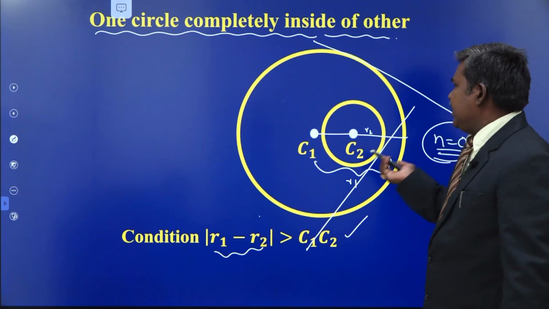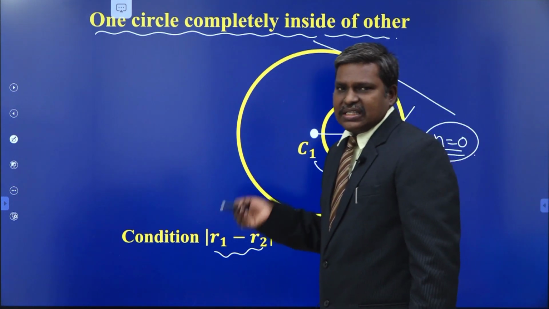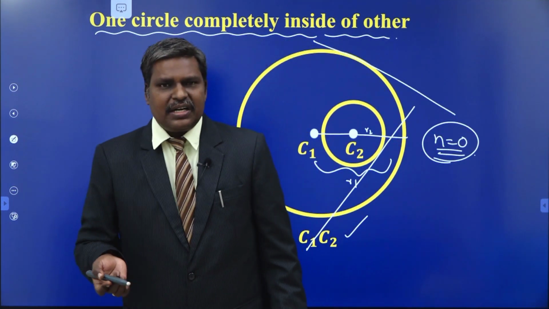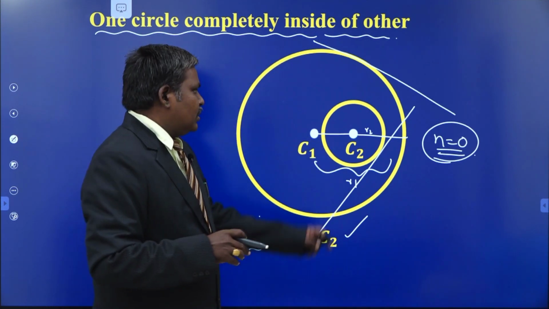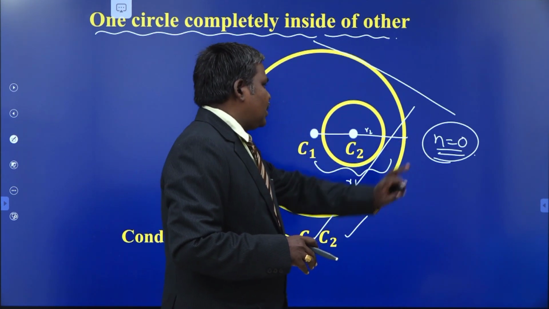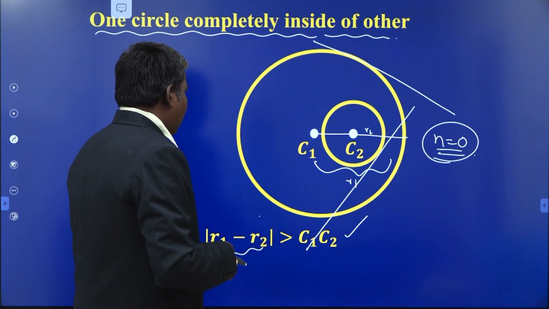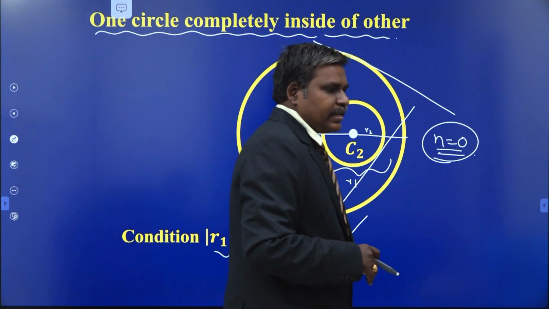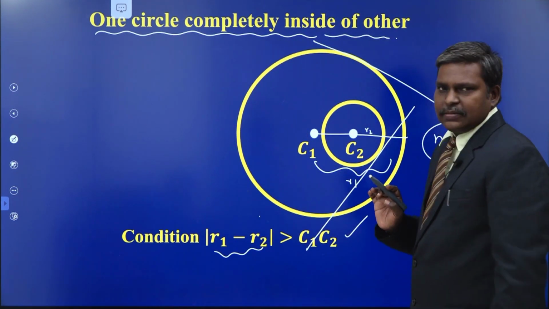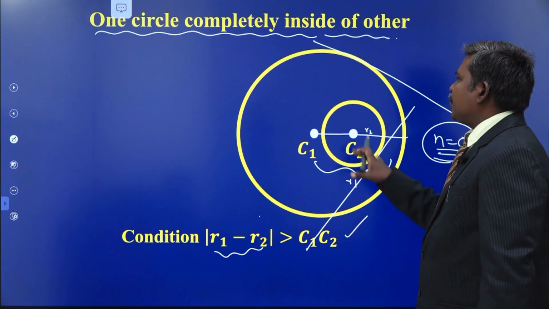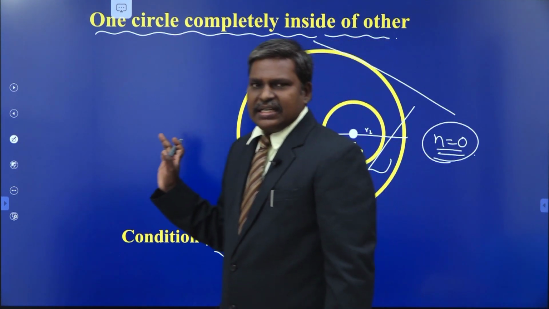So we do not discuss the external center of similitude, internal center of similitude or point of contact, whether it is outside or inside between the two centers. So there is nothing to discuss here. Therefore the number of common tangents is 0. One and only condition is mod R1 minus R2 greater than C1 C2. By the figure itself we obtain this condition. Understand? These are the relative positions of the two circles and their number of common tangents.